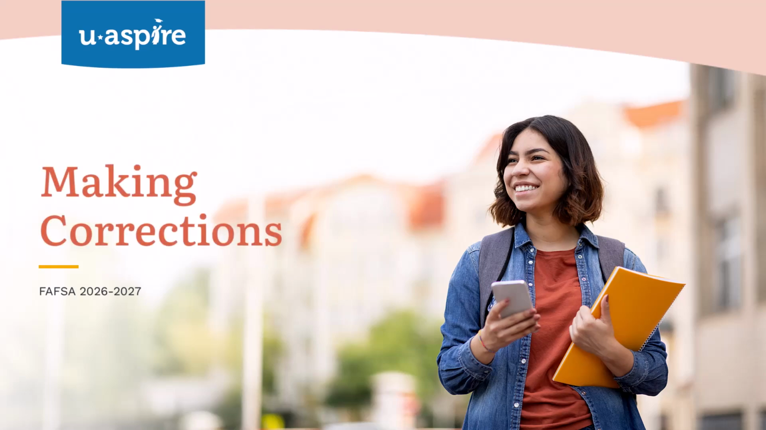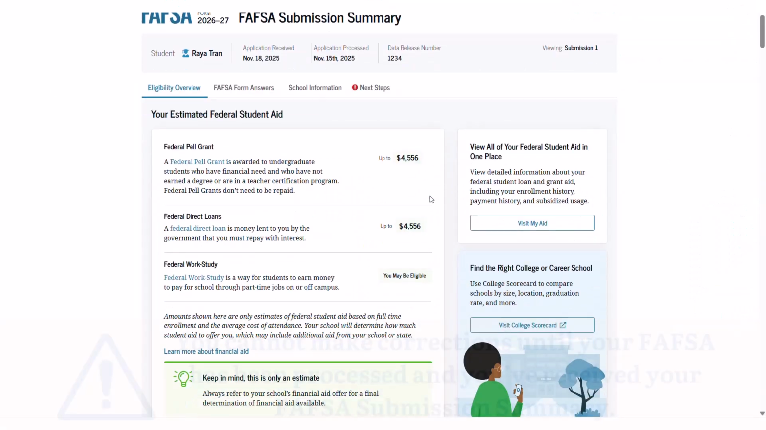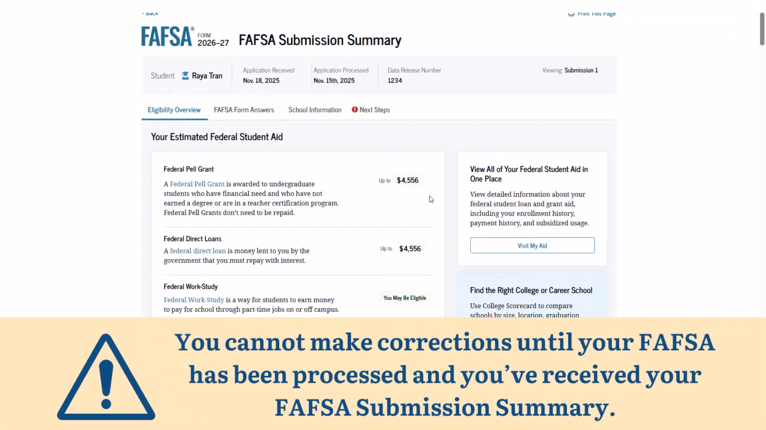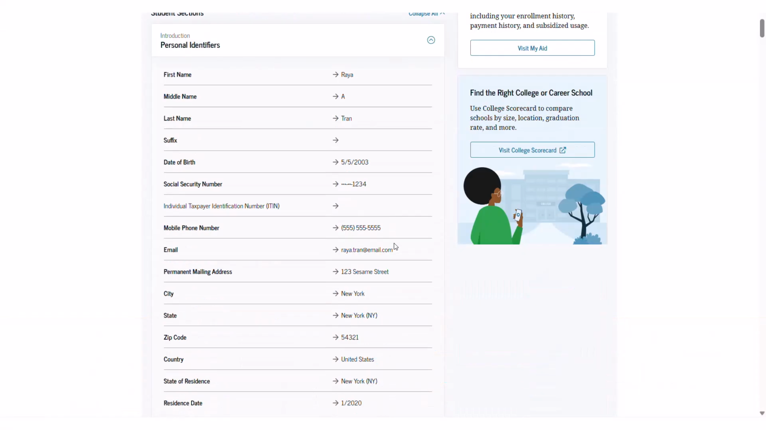If you've submitted your FAFSA and need to make a correction, there are a few things to know. You can only make corrections once your FAFSA has been processed and you've received your FAFSA submission summary, which you usually get a few days after submitting the form. If your FAFSA has been processed and you have received a FAFSA submission summary, you can make corrections to your